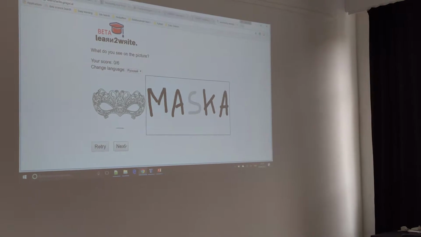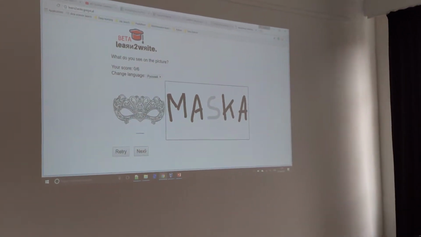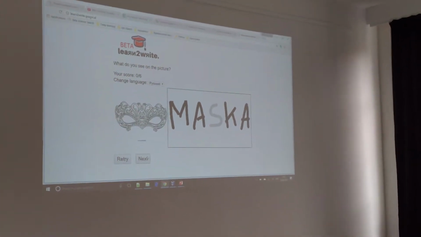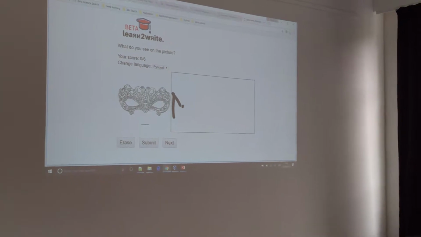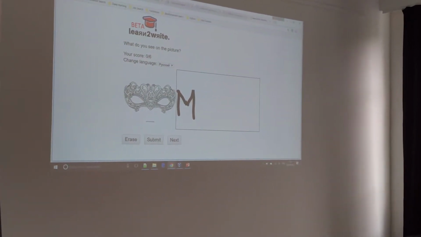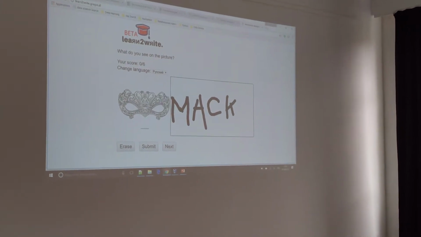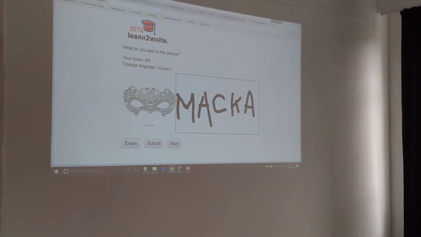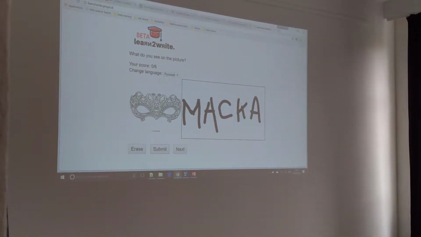what it tells me here is that I've made a mistake, right? In this small application, it tells me, okay, you wrote it wrong, you've got one letter wrong. So I can retry, and this time I'm going to write it properly, with a C which happens to be an S in Cyrillic. And if I submit it,